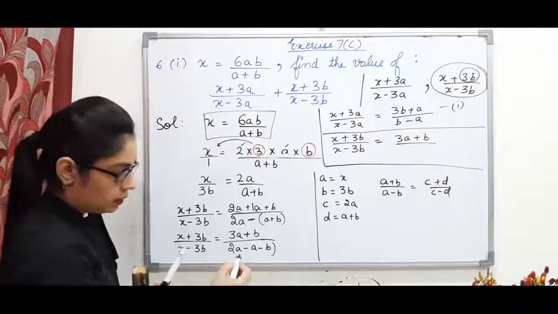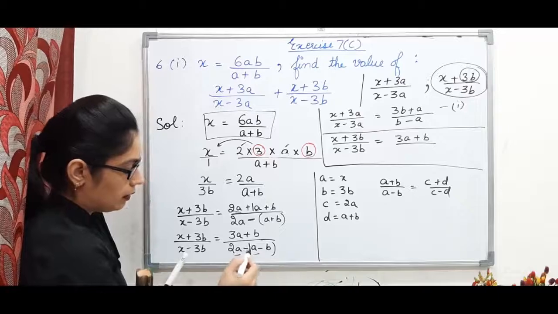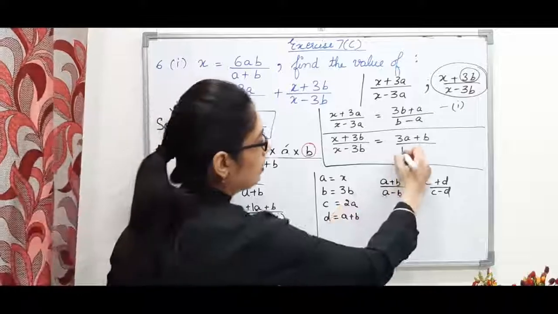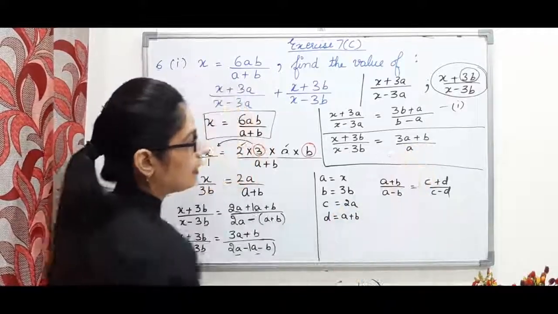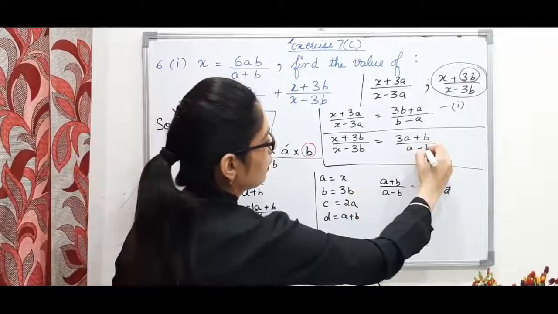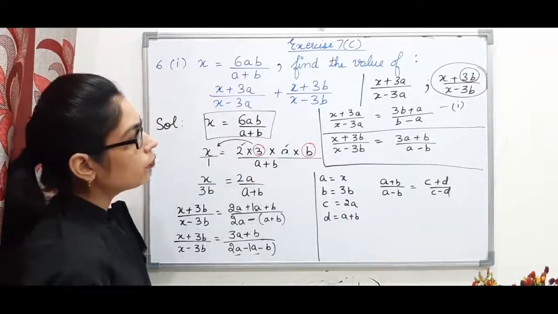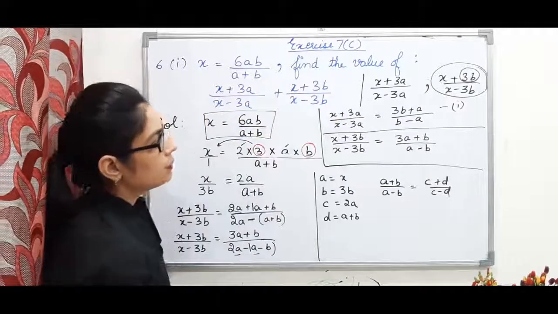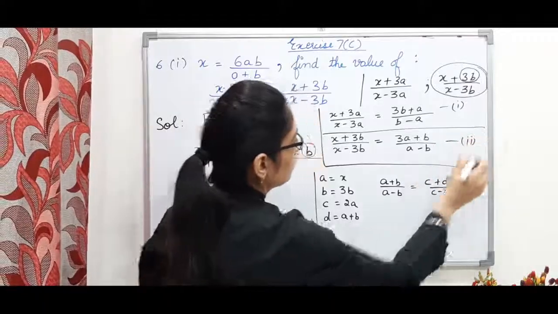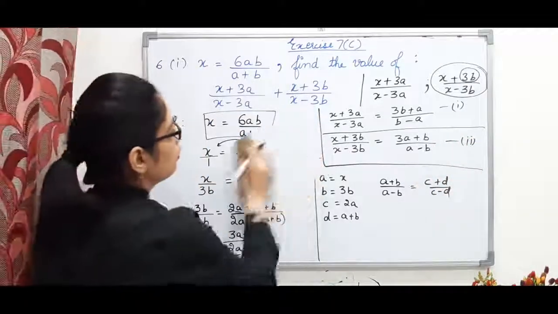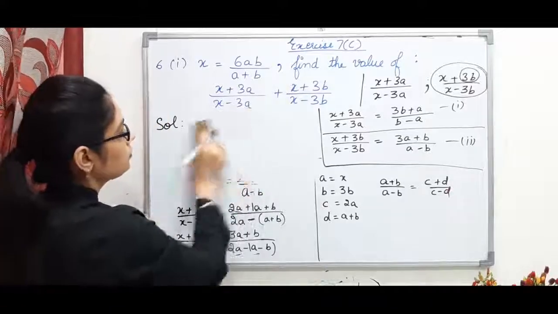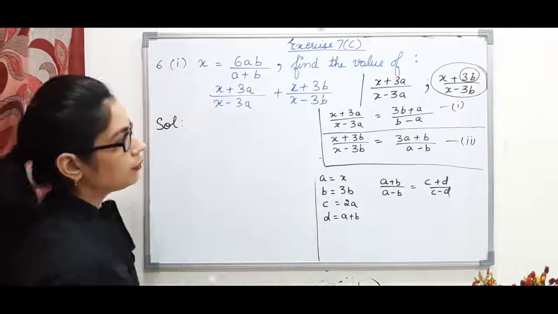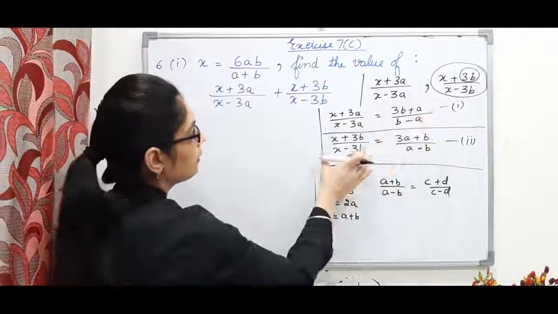here again like terms, a and a. So 2a minus a, 2 minus 1 is 1, a as it is. 1 we do not need to write, only a, minus b, a minus b. Now I have got the values of both. I have got the value of this expression and the value of this expression also. So we just have to substitute now. I have already written these expressions.